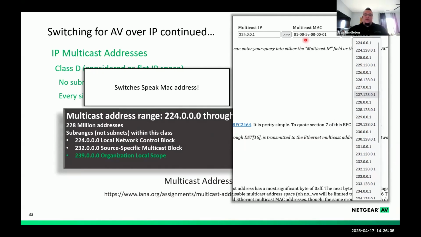It looks at the multicast MAC address, as switches speak primarily the MAC address. When you change the center 2 octets, these 4 digits also change to be something unique within hexadecimal, and the fourth octet obviously being changed as well when you change out the fourth octet of the IP address. So this will be determined as the stream address according to the switch.